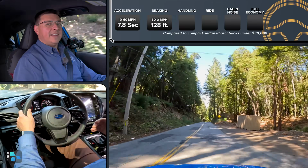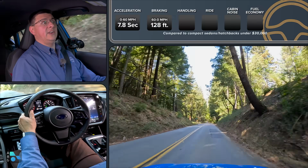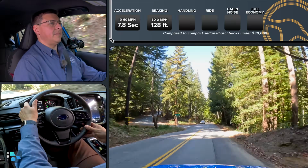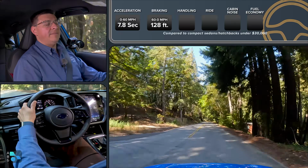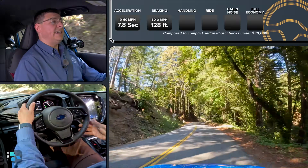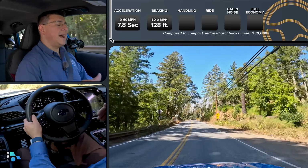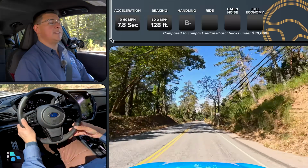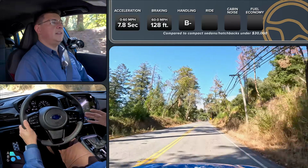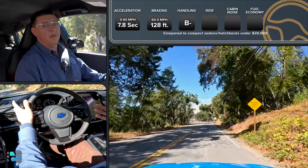Now, the bright side of that is that this is the kind of tire design that squeals really early, way before it actually gives up the ghost. The problem is that the actual grip ability of the tires is fairly low, so it is actually going to give up earlier than most of the competition. But at the same time, that's why this gets a B- when it comes to the handling ability. Feel is good, grip levels not so good, and there's definitely a lot of body roll for something with an